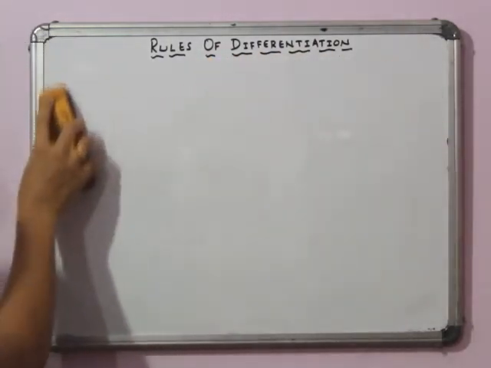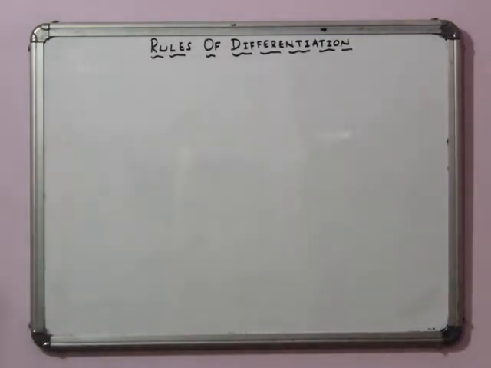Now we have understood the rules, but we need to memorize some formulas. So formulas play a very important role in differentiation, or in entire calculus. If you remember the formula, you can use these rules and you can find the derivatives. But if you don't remember the formula, it is really difficult. So I want you people to remember the formulas very well. Okay. Now let us see the formulas.